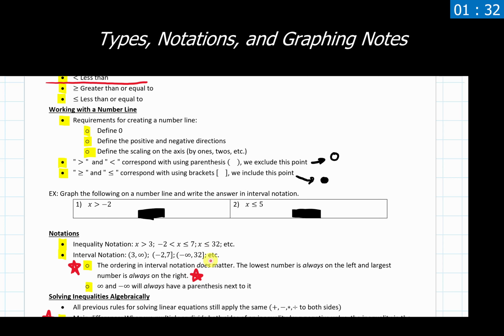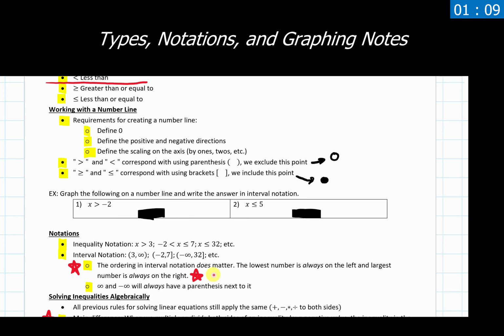So this is just a small silly way that we can keep track of these things, but I do want to make that note that interval notation order does matter. A lot of people think it doesn't. It absolutely does, and I have seen that burn way too many people on homework assignments and tests. So make sure you are writing the lowest thing first, largest thing second.